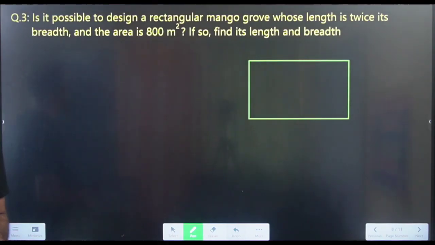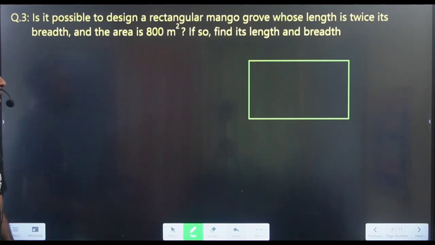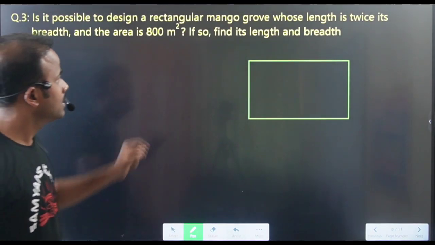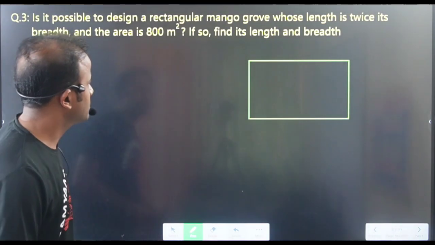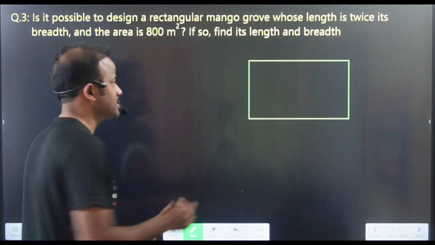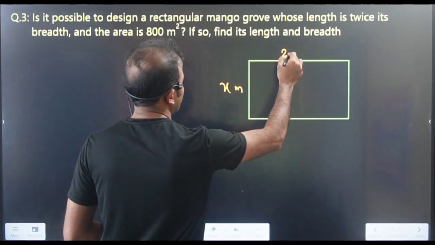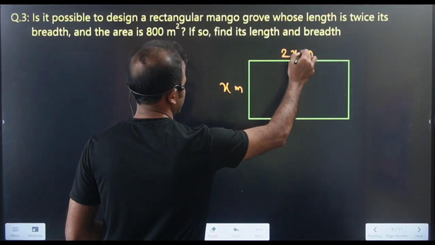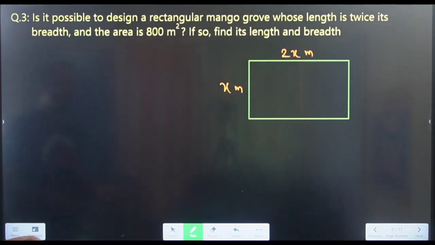In the next question we have here, is it possible to design a rectangular mango grove whose length is twice its breadth and the area is 800 meters square? If so, find its length and breadth. Okay, so in the given question, length is twice its breadth means let us assume the breadth is x meter, the length will be